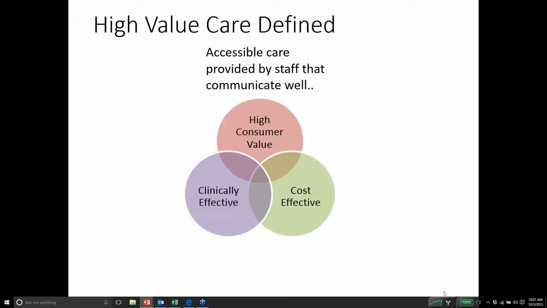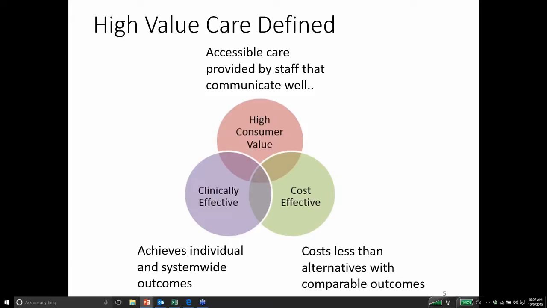So that's a really critical piece of the puzzle. Also, being clinically effective, achieving individual and system-wide outcomes. And the third piece is being cost-effective, which we defined as the services you provide cost less than alternatives that